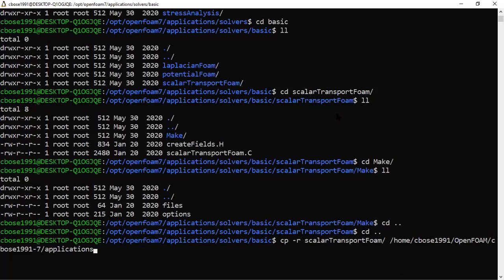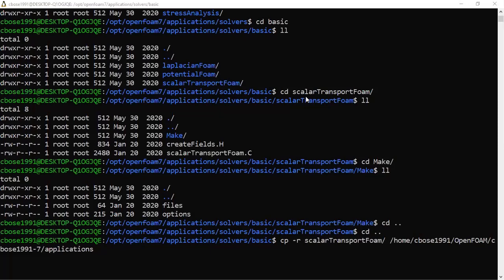So, Dr. Chandan Bose, can we copy it into our run directory? Will that work? No, the run directory is specified for your tutorial cases where you will be running the tutorials. But please remember that we are not running, we are first developing a code. That should first be compiled and linked to the existing executables of OpenFOAM.